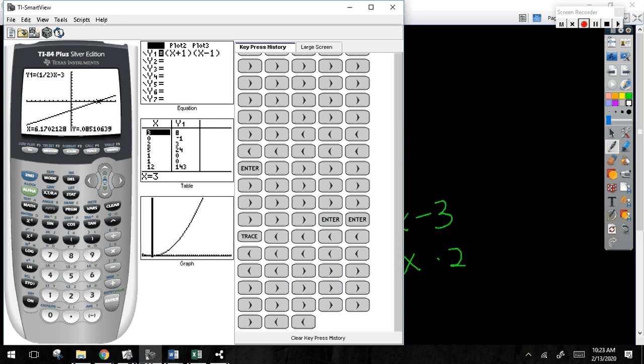Now, if you start tracing, you will get to a point where it'll say, oh, that's the zero. And if that's the case, then fine. But everybody else, you need to make sure that you are calculating the zero and you are not tracing. Okay? Now,